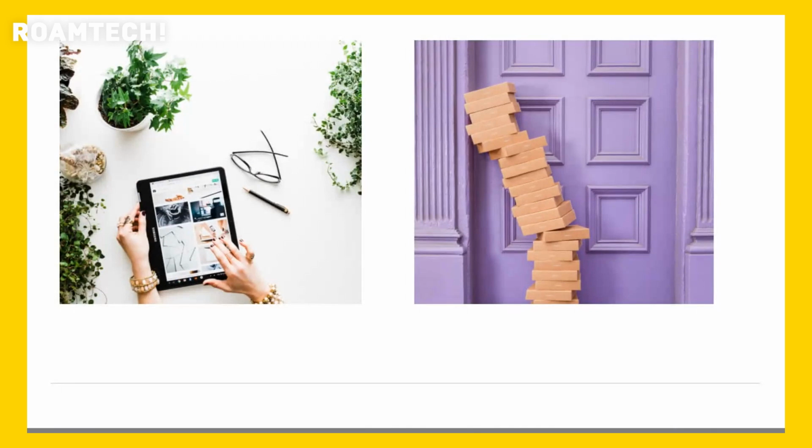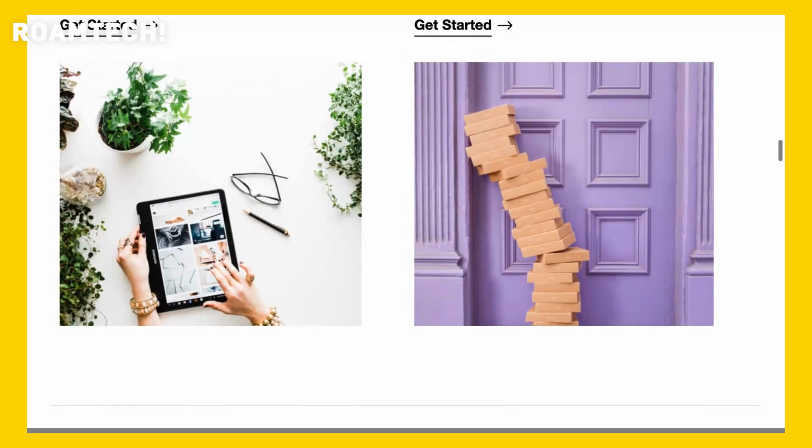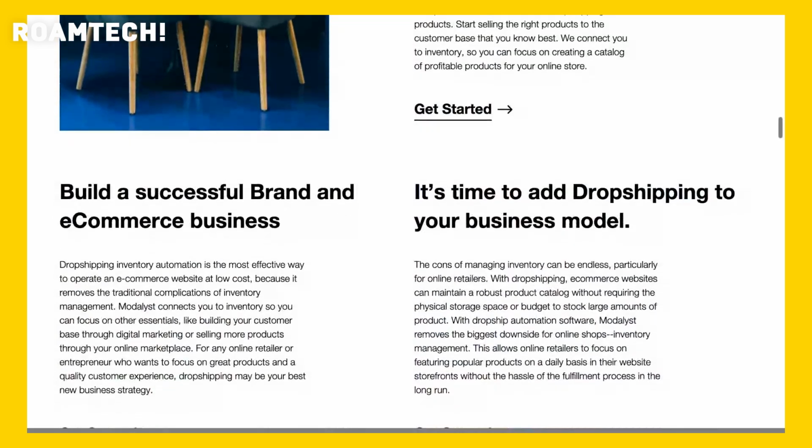Additionally, Modalyst provides valuable tools for inventory management, order fulfillment, and pricing automation. This comprehensive suite of features gives you greater control over your product offerings and helps you optimize your pricing strategies for maximum profitability. Whether you're a seasoned online retailer or just starting out, Modalyst offers tools to help you scale